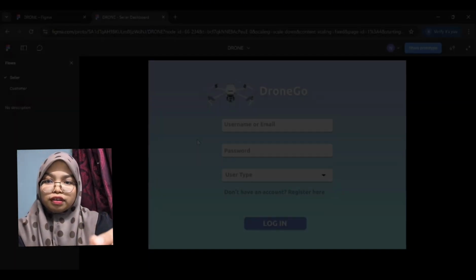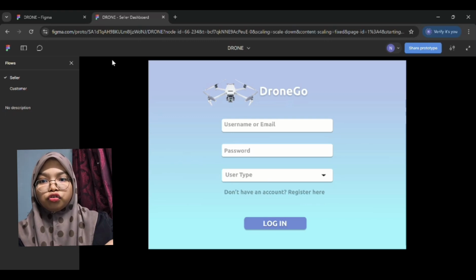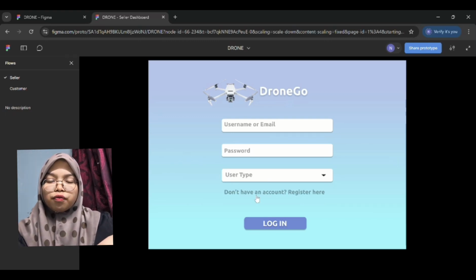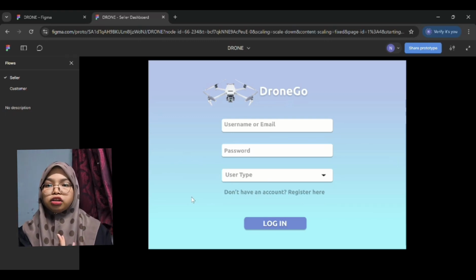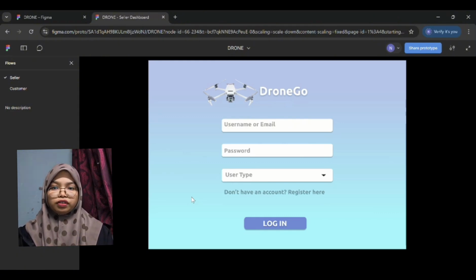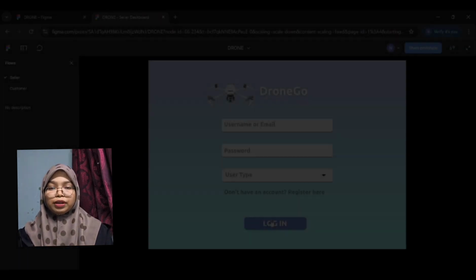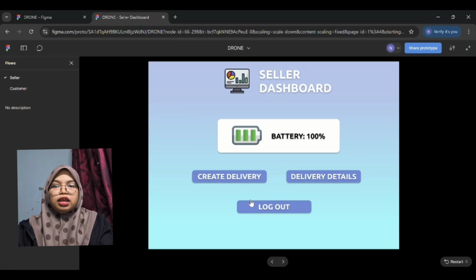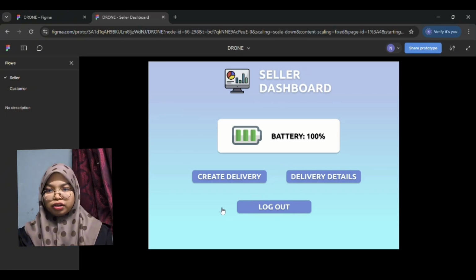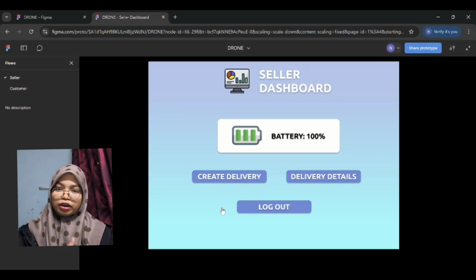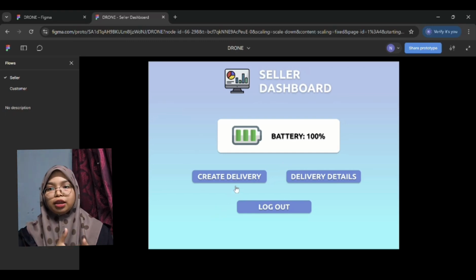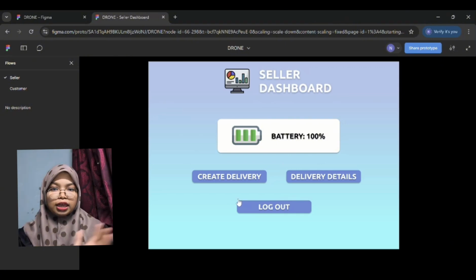After logging in as a seller, the user is taken to the seller menu. From here, they can either choose to first check the battery status of the drone by clicking the battery button, and then it will show the battery percentage and whether the drone is ready and the estimated flight time left for this drone. Or they can